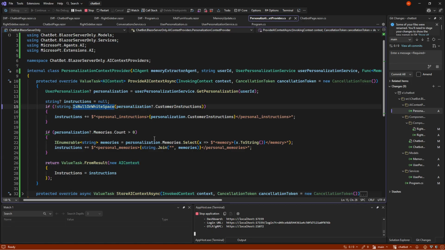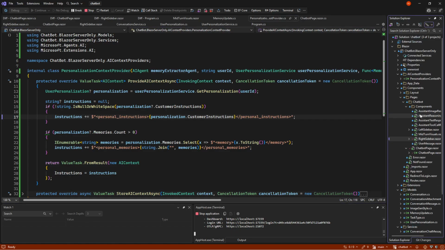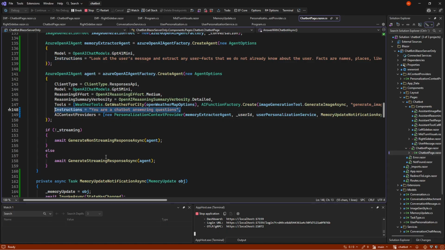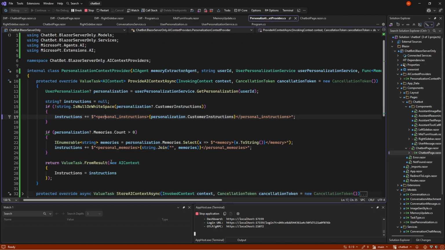So if we have any custom instructions, we essentially just add those. Let me show you. Essentially, we are enhancing this instruction in the main agent. So we are adding personal instructions, whatever it says, speak like a pirate, or whatever we have put in.